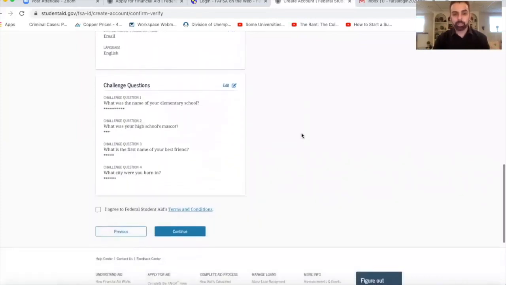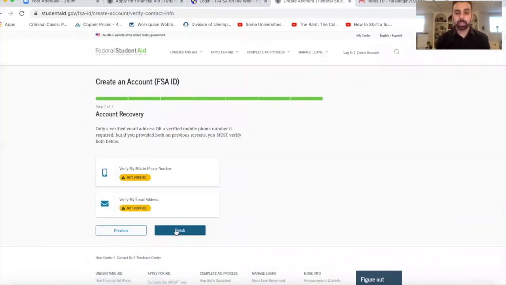Just double check your address, your phone number, so on and so forth, because this will be the last time you get to do it. Then you click on the I agree to the federal student aid terms, basically saying I'm creating an account, this account is for myself, so on and so forth. Click on the box at the bottom, click continue,